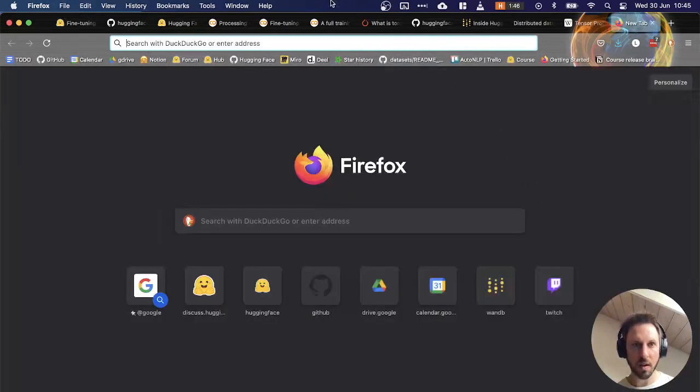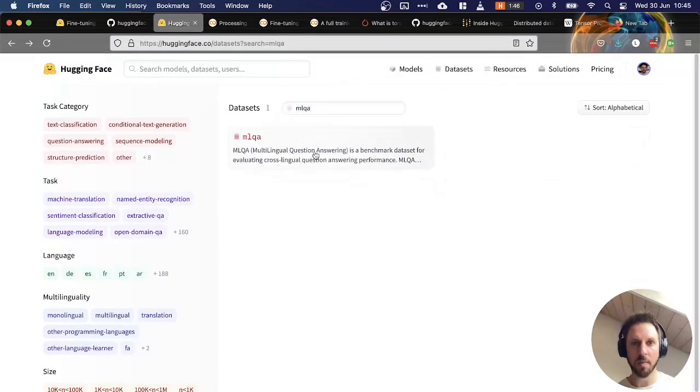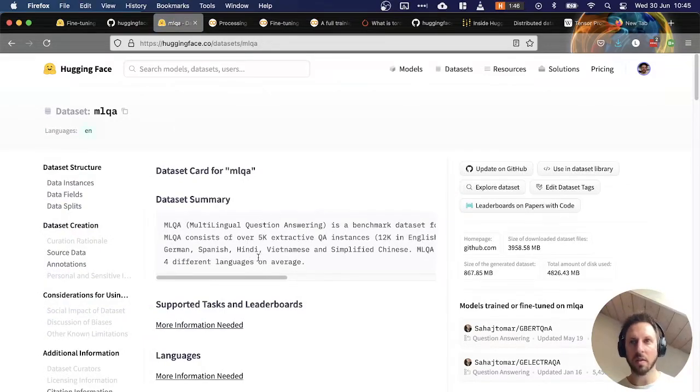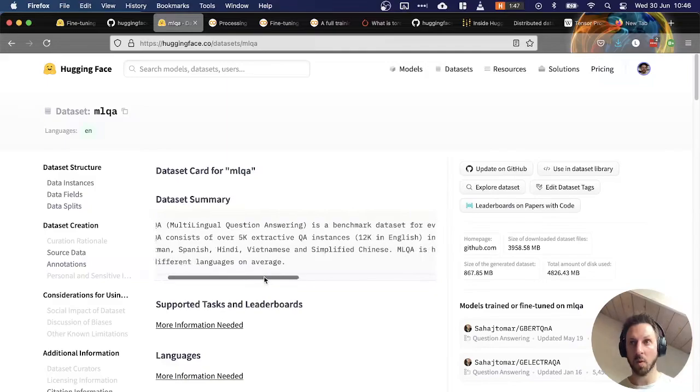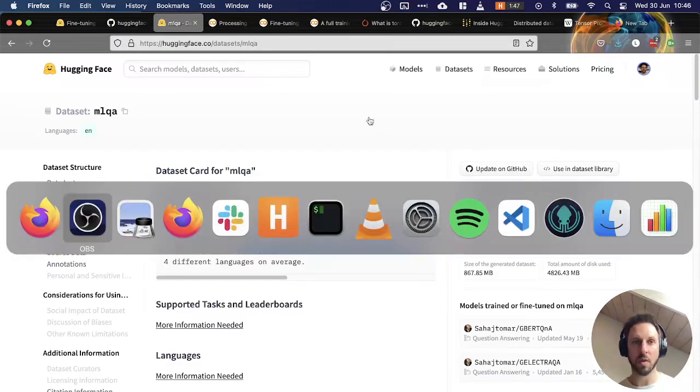So a good example of this is there's a dataset called MLQA. And this is a multilingual question answering dataset. And the authors of this dataset basically translated the SQuAD dataset, which is in English, into several languages. So I think they have German, Spanish, Hindi, Vietnamese, simplified Chinese. So this is one way of creating data in your domain or your language, which you can then build models